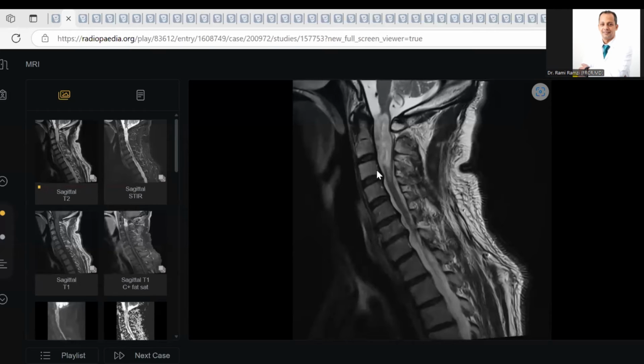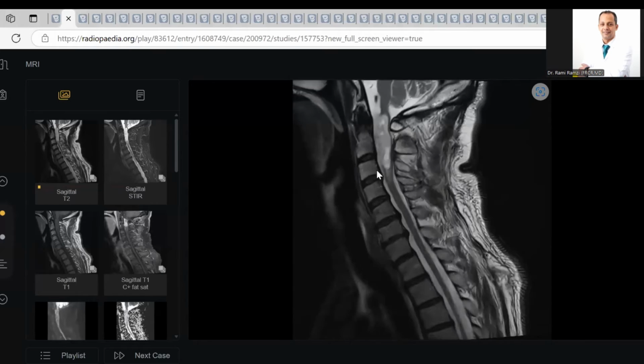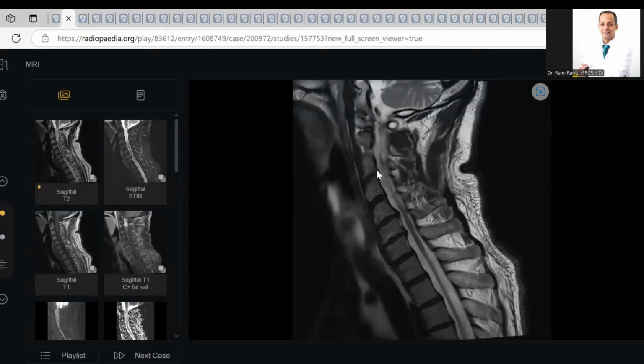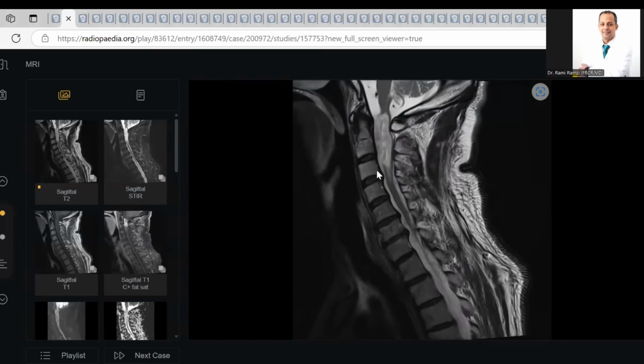Okay. So there is an intramedullary lesion seen in the upper part of the cervical cord opposite the T2, T3 vertebral bodies, showing well-defined margins, heterogeneously